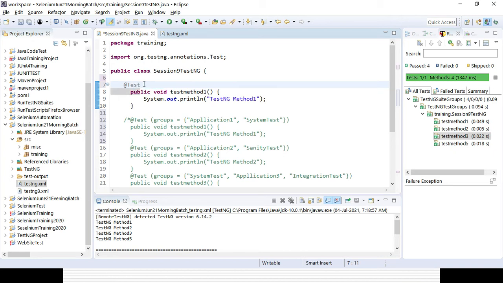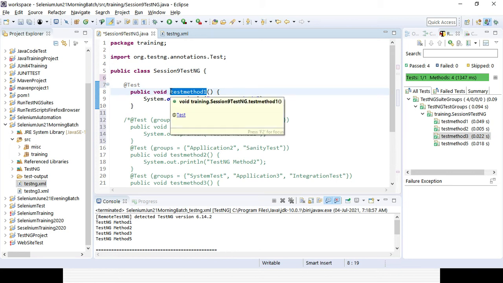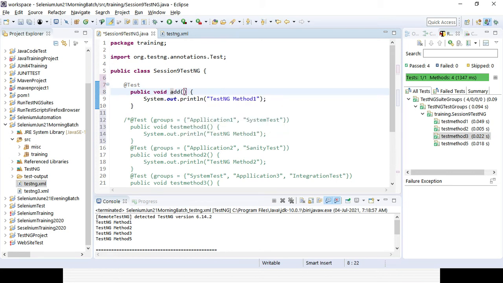So say public void, and the method name I am giving is add. I want to add, and here I will be providing two parameters: integer a, comma, integer b.